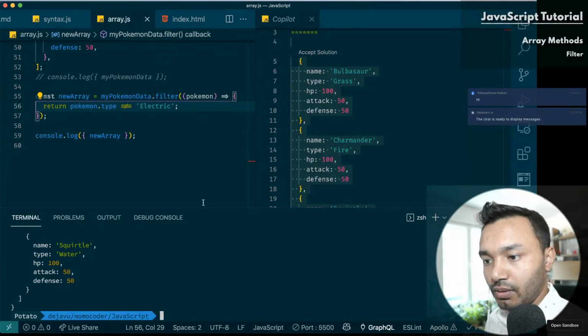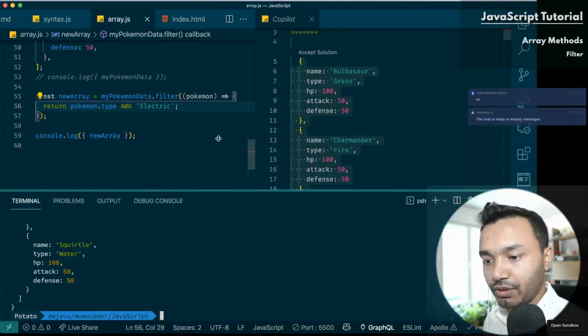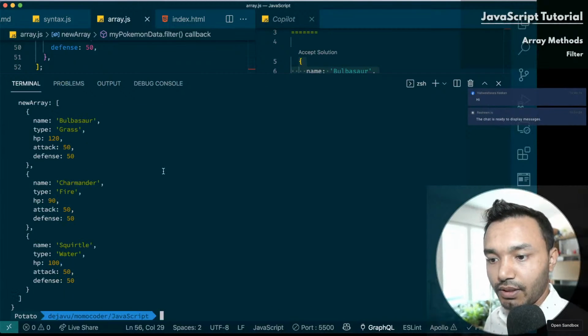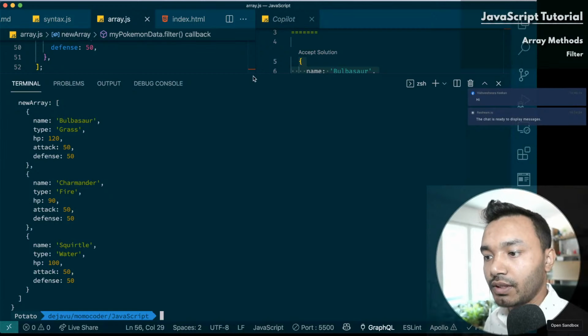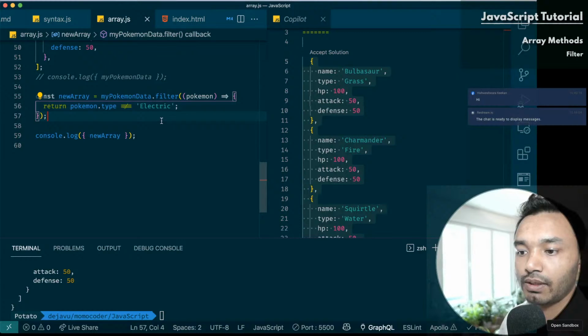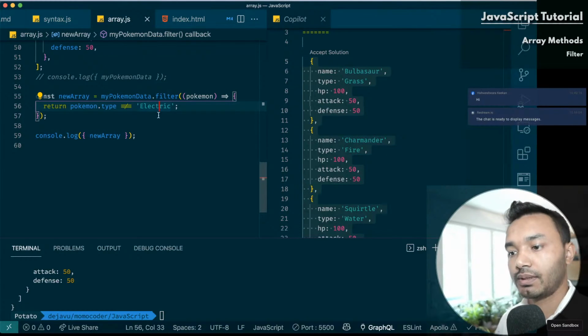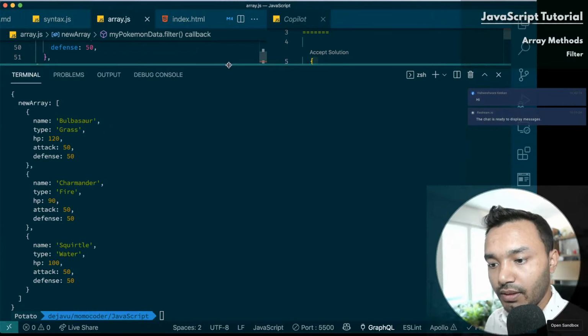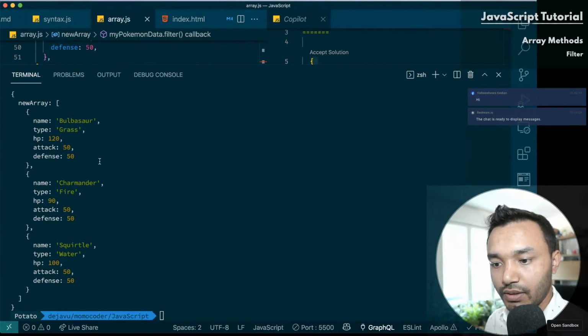Okay, so that should remove Pikachu from there, right? So the list has 3 Pokemons left. So if you wanted to filter Pokemons by its type, you just removed one of them. Say if I want to filter Pokemon by its name,